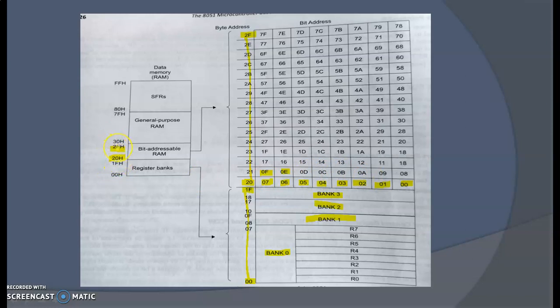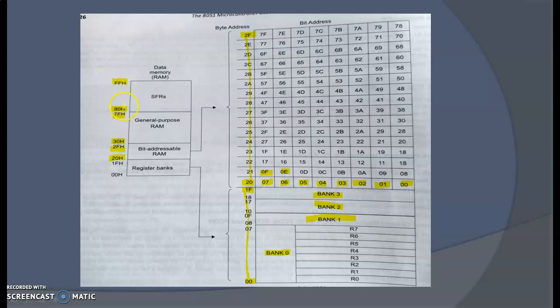Then after the bit addressable RAM, we have general purpose RAM, which are from the memory locations 30 to 7F. These are the general purpose memory locations which can be used for storing the data by the programmer. After this general purpose RAM, the next division is from memory location 80 to FF.